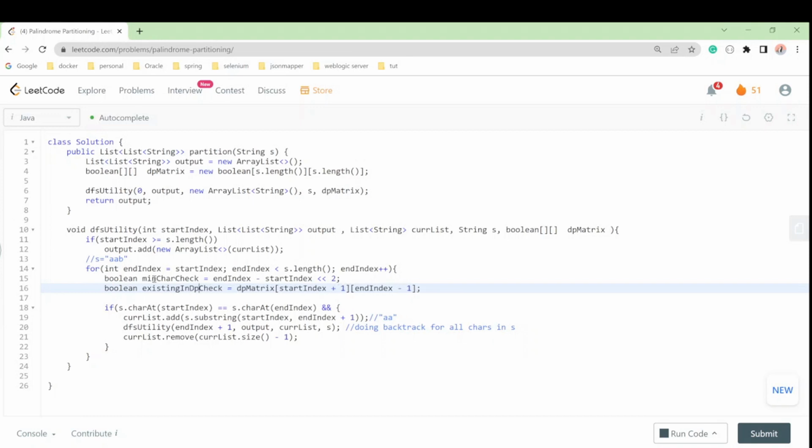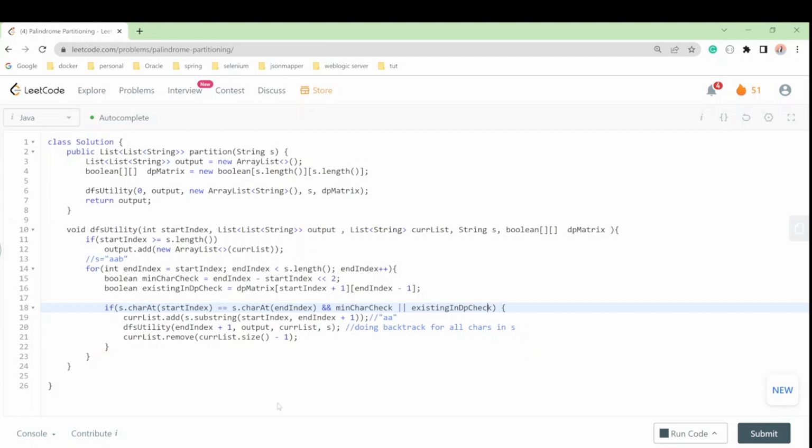So both checks we have taken. I'll put the min check first and then this check. So either the minimum check should be true, or dp should already have this value. If either of these is happening,